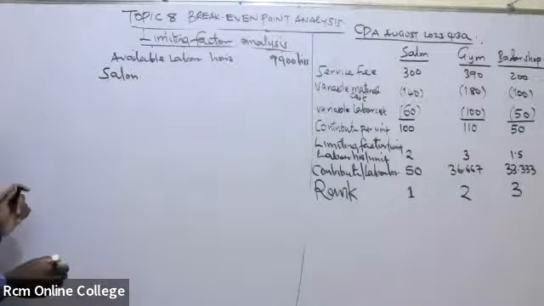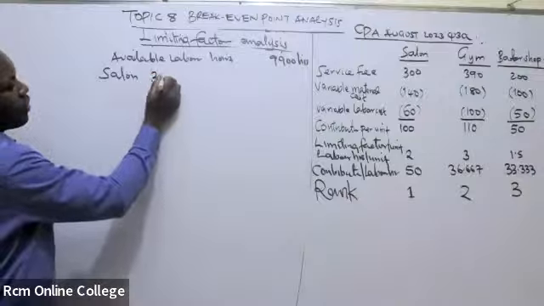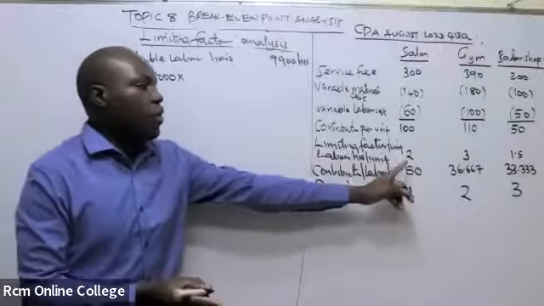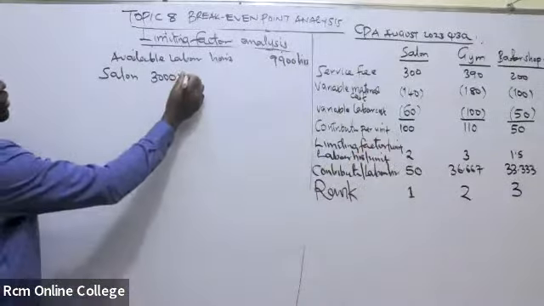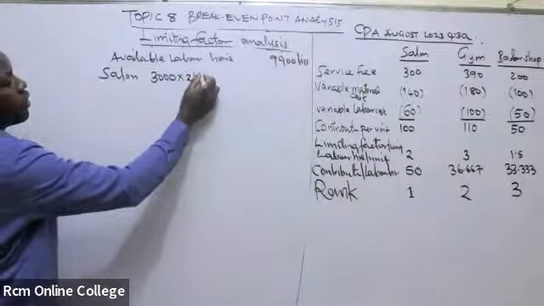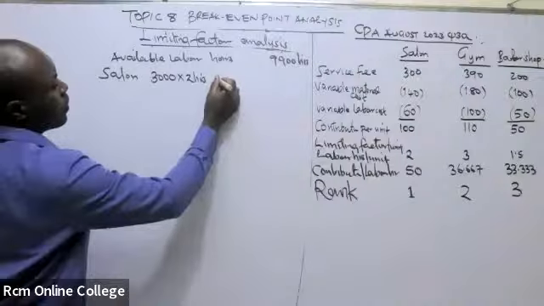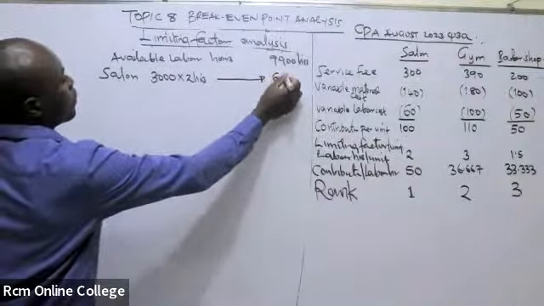How many clients were to be served in the salon? 3,000 clients. Then you multiply by the labor hours required per client in the salon, which is 2 hours. So that will give us a total of 6,000